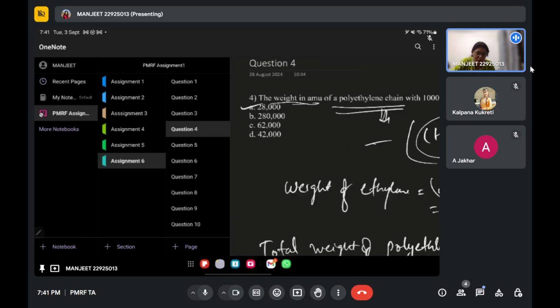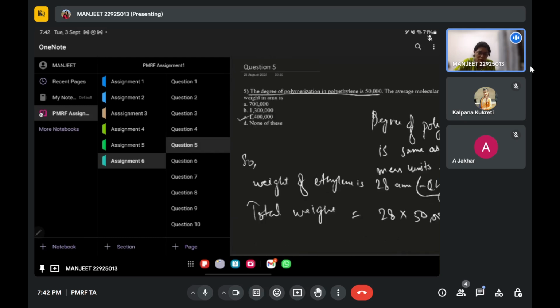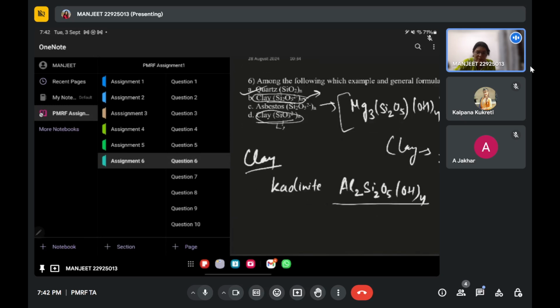In question number 4, we know the average atomic mass unit of the ethylene, and if we have 1,000 mer units, what will be the weight of that polymer? Or if the degree of polymerization in the polyethylene is this, it is the same as the number of mer units, so we can calculate the average molecular weight of the polymer. In the sixth one, what are the quartz, how the silicates are arranged,